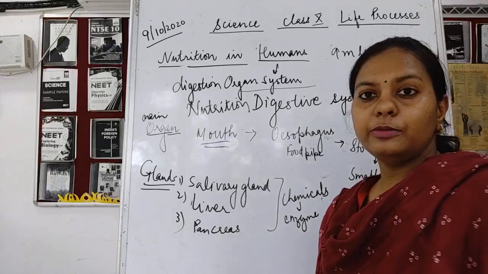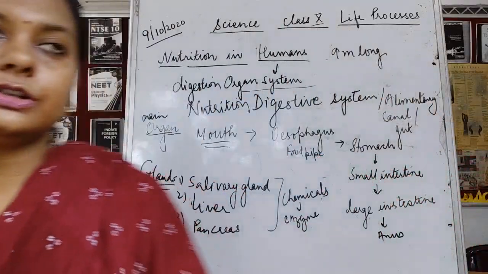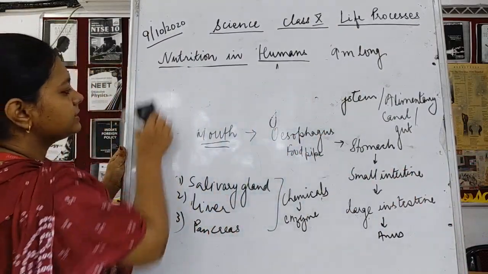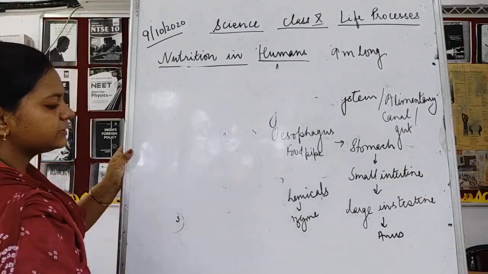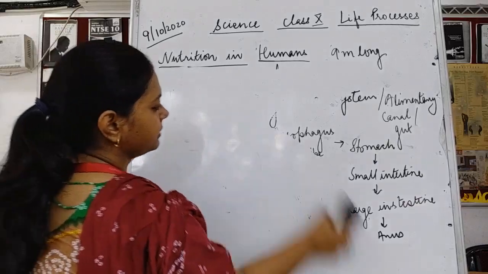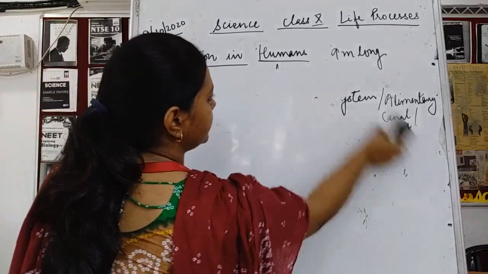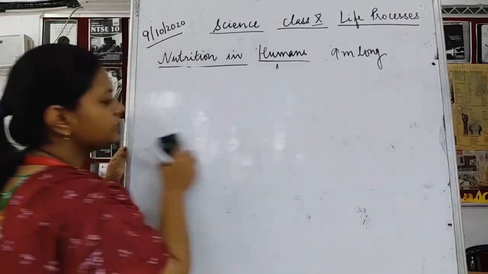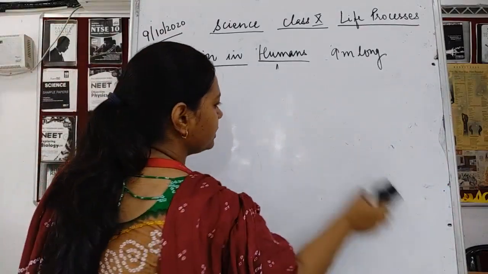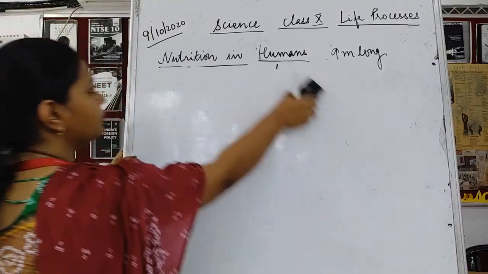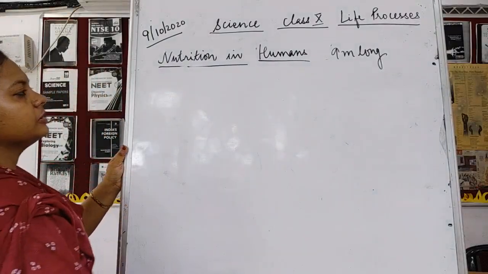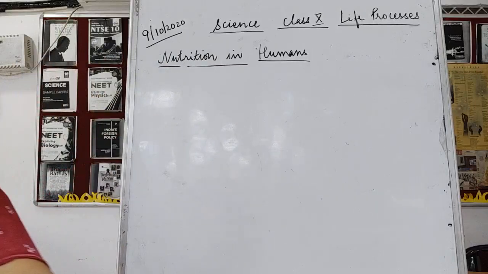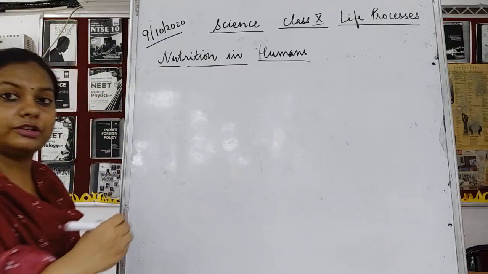Now children, I'll tell you about the basic steps of nutrition in human beings. So what are the various steps? See, the basic steps remain the same. We have studied the various steps of nutrition in animals, that was Holozoic nutrition in amoeba. Similarly here also we are undergoing the Holozoic mode of nutrition. So here also in human beings, the basic process of nutrition remains the same.